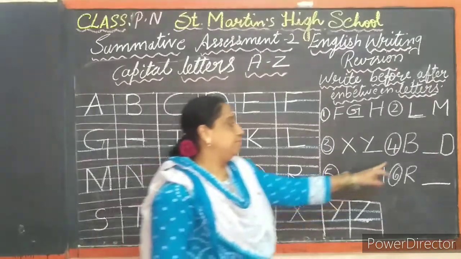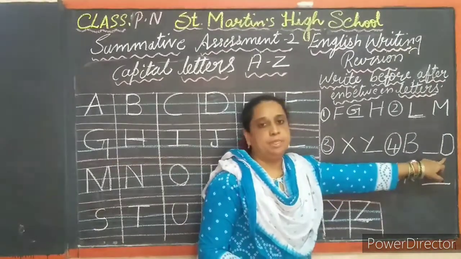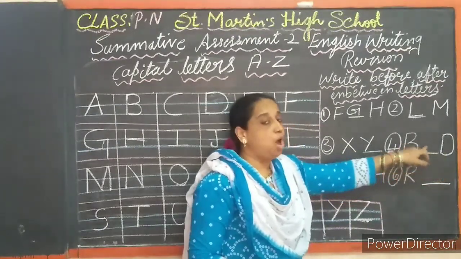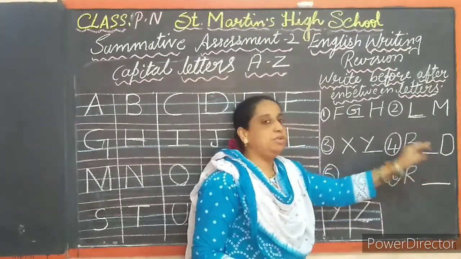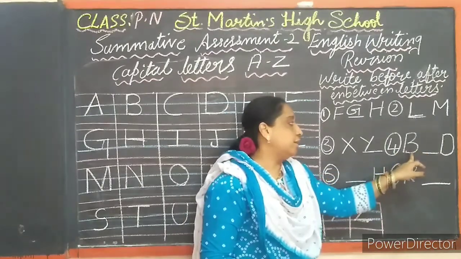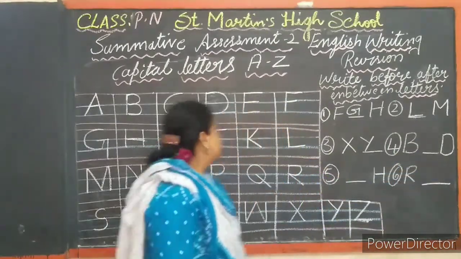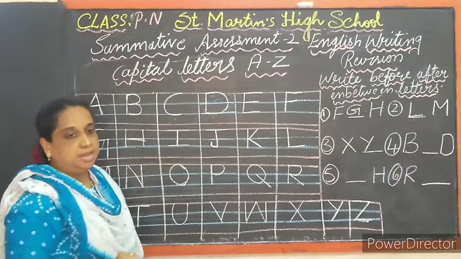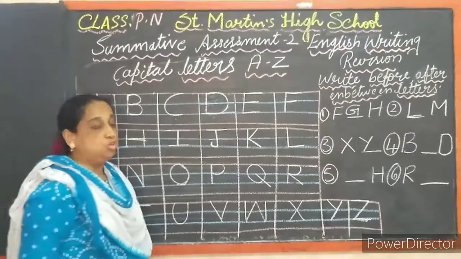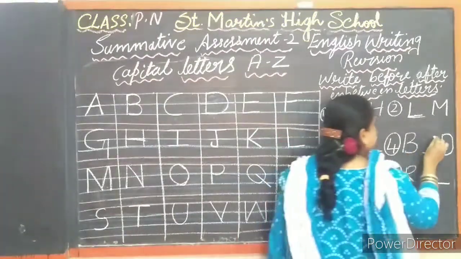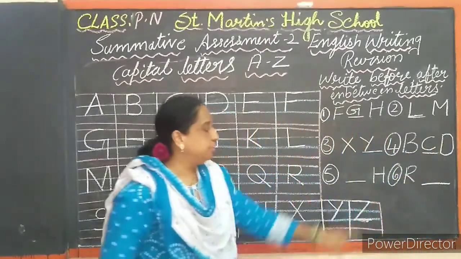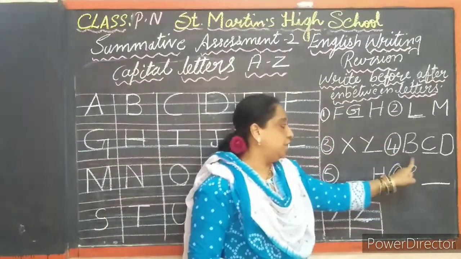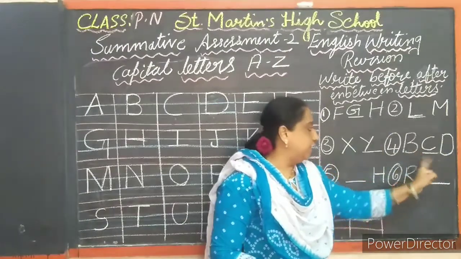Now next is B dash D. B is written. Next, a dash is there. Then D is here. So what do you have to write here? You should write the in-between letter. So what letter comes between B and D? See here, B is written, D is written. In between, what is missing? The letter C is missing. So you should write letter C in this place. Understood, children? It is easy now to write before, after and between letters. So like this, B, C, D. You have filled the dashes.